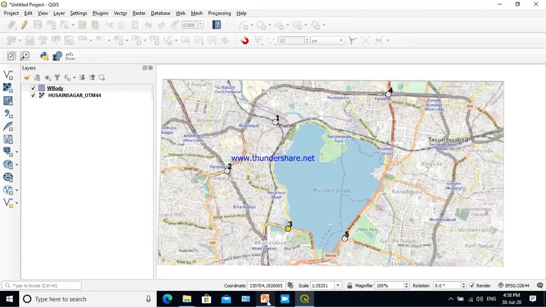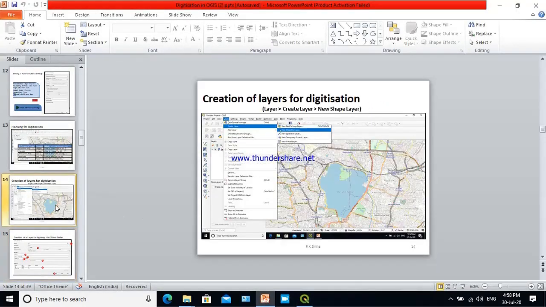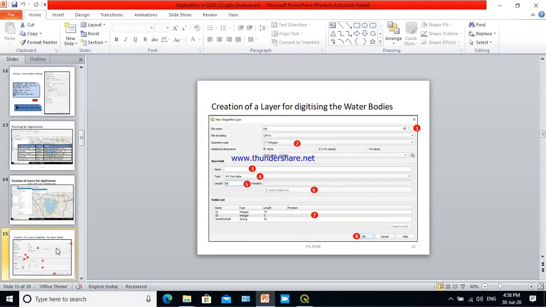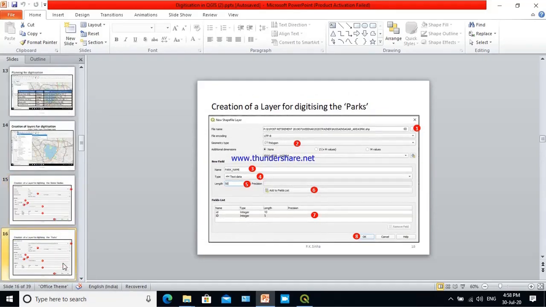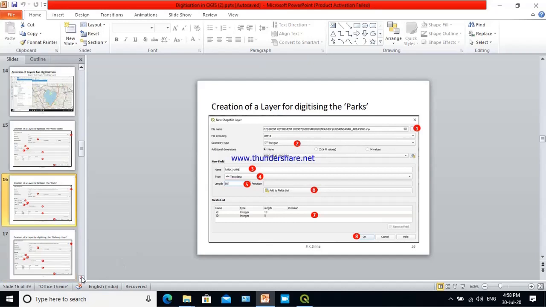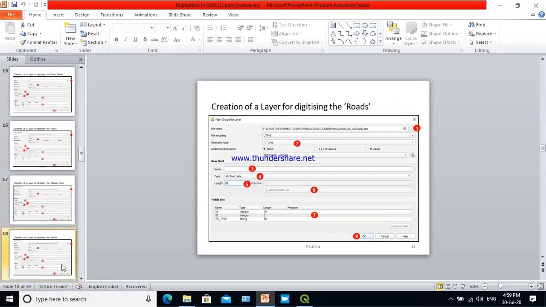Similarly, you should create other layers also. So here water body, park, you have to supply corresponding values here. Then railway line, road is a line feature.